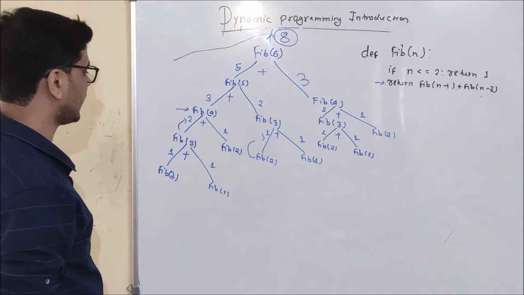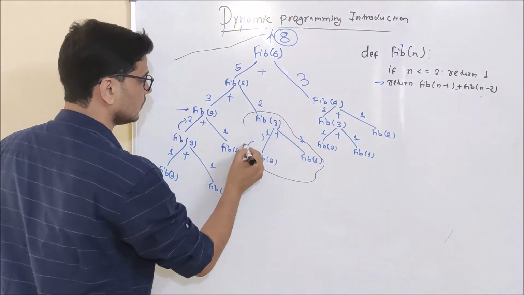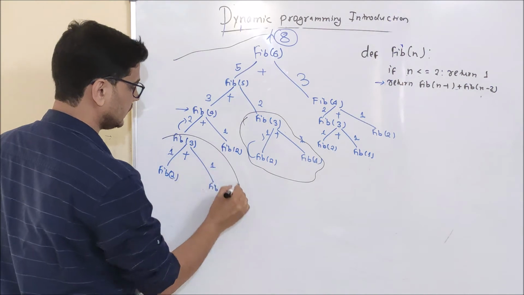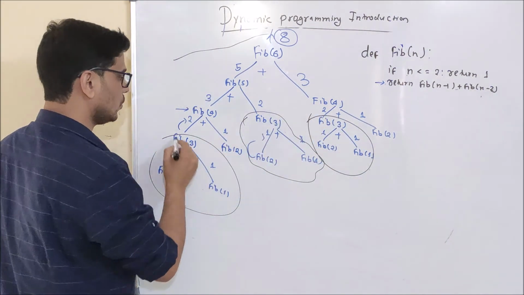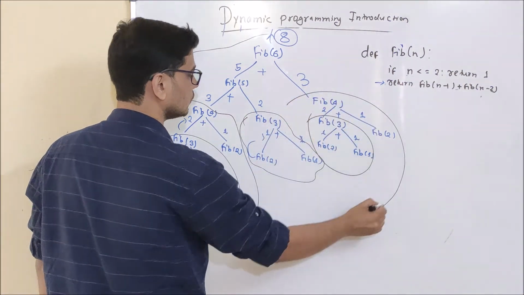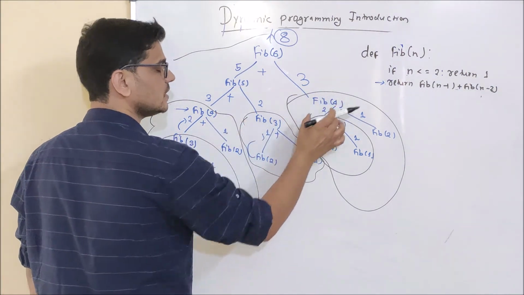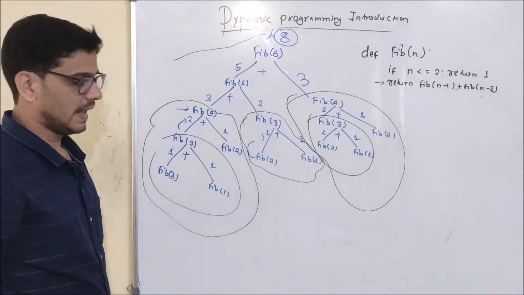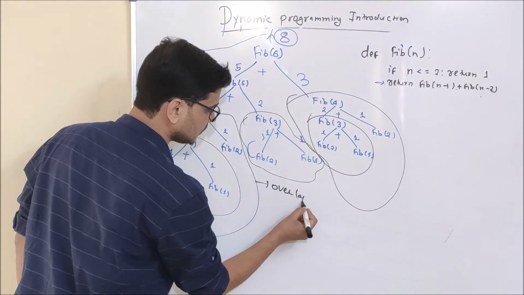Now comes the analysis part. See, here I am making a function call to fib of 3, here also as well as here. See, fib of 4, fib of 4. So we are making a function call to fib of 4 here as well as here. And this particular thing is known as